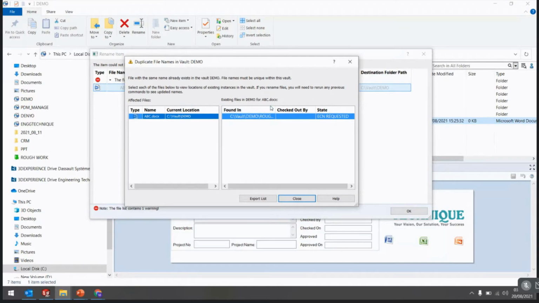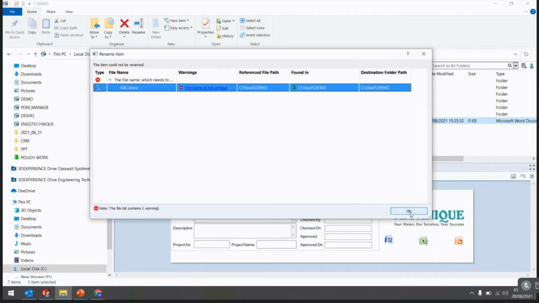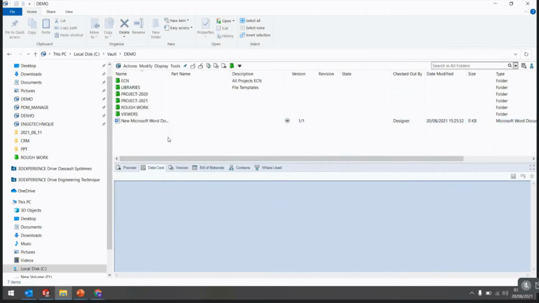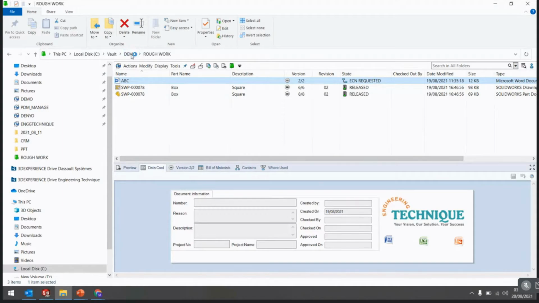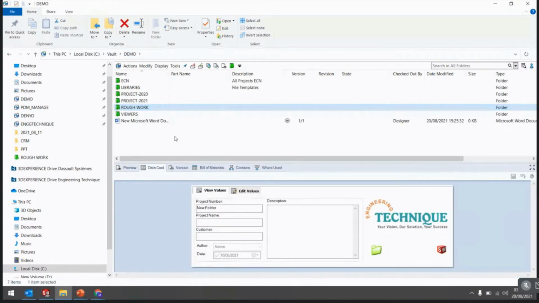So the existing file is in Vault, Demo and Rougher. In this folder, this file already exists, and that's why it is not allowing me to create a new file, right? So in the Rougher folder, we can see the ABC file is already available, right? PDM doesn't allow you to create a duplicate file anywhere within the whole vault, right?